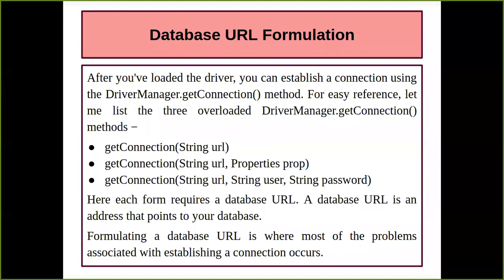Fine. Now for making the connection, what option do you have? You have one method called the getConnection method. We have also seen this when I gave you all the steps of database connectivity in brief. At that time I told you I have a method called getConnection, and the specific class consisting of this getConnection method was the Connection class. Similarly, over here we have three ways to use the getConnection method. Okay, so what is the first way?